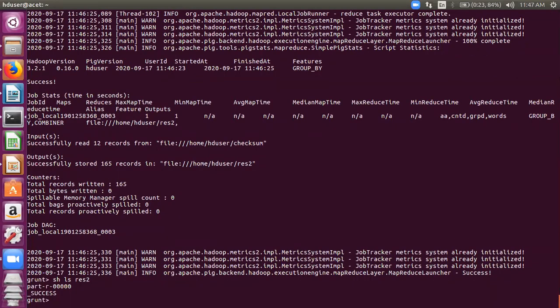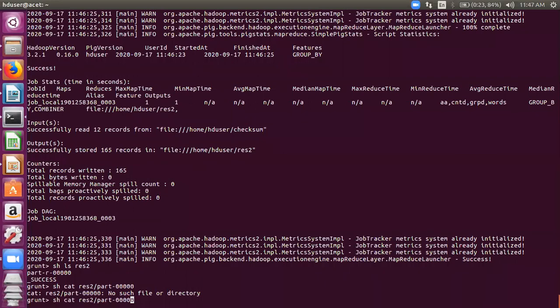part-r-50 and a success file. If you want to actually see the words, you can display it with shell cat. You see, all the HDFS and the local file system commands are coming in handy now while you are in Pig Latin. So just give the path res2 slash part-50. It should display, no such file.